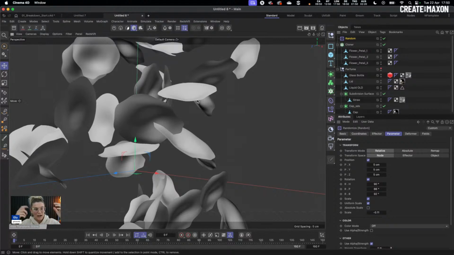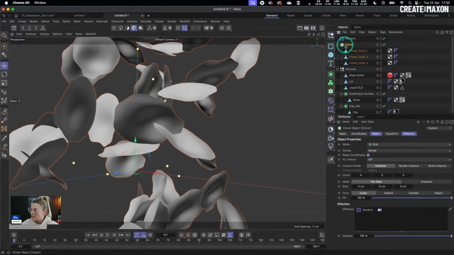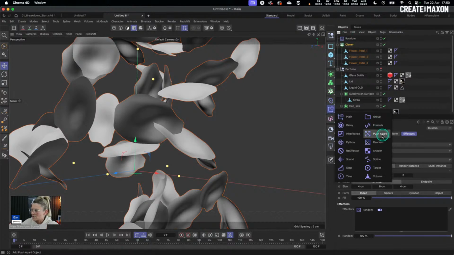Because normally, if two things collide, they'll bounce off each other. Whereas if they're already intersecting, they're just going to cause problems. They're not going to be able to see one another because they've already started within this intersection. So what we can do is, with our cloner selected again, grab a second effector,